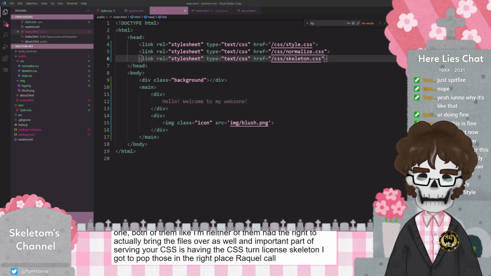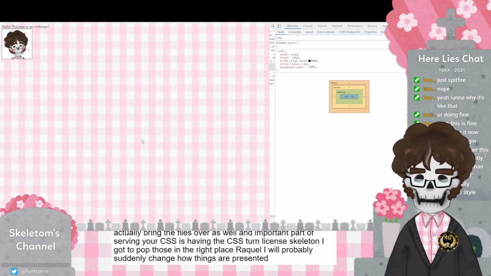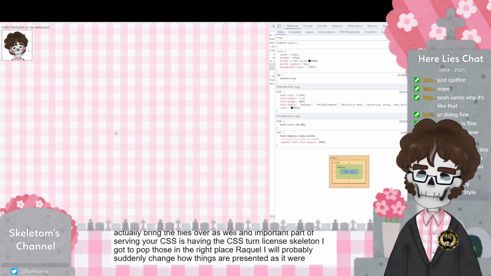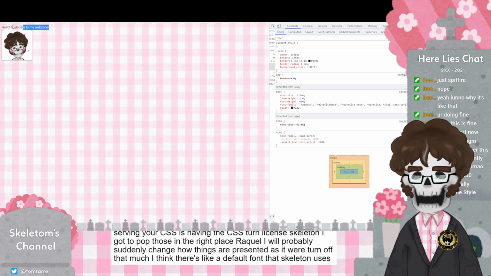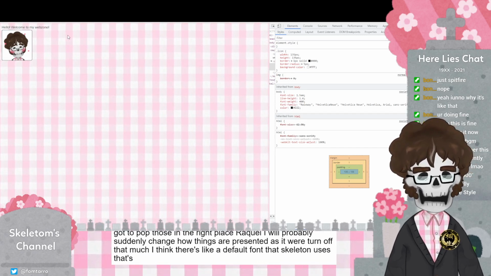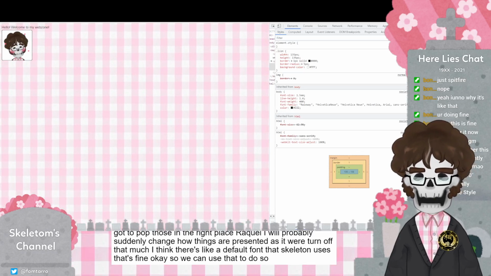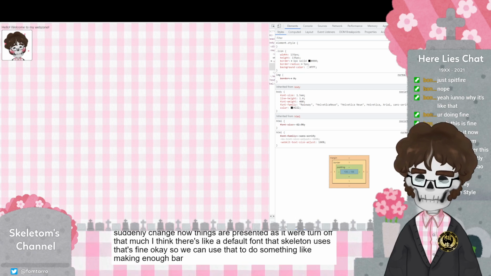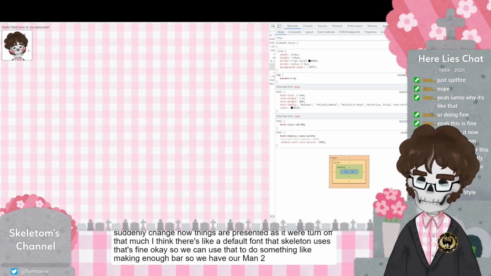That will probably subtly change how things are presented, as it were, but not that much. I think there's a default font that Skeleton uses. That's fine. Okay, so we can use that to do something like making a navbar. So we have our main div. This is going to be ID